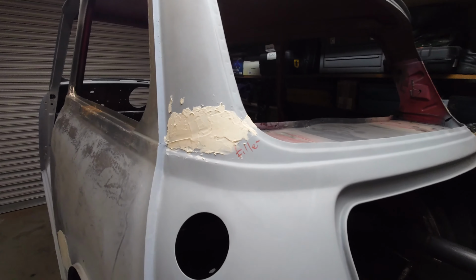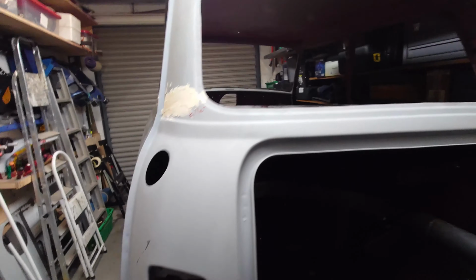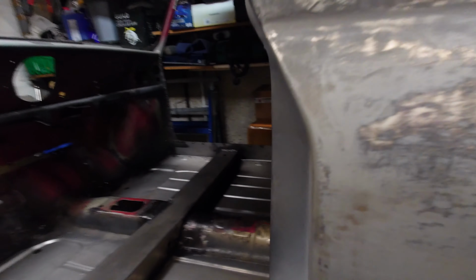So just trying out a wee bit of filler, as you do, because I got a new big tub of it. So thought I'd try it out. Yeah, a wee sand and see where it comes. A few dented areas, a kind of dent in here, so I filled that in with some of the fiberglass stuff. But yeah,